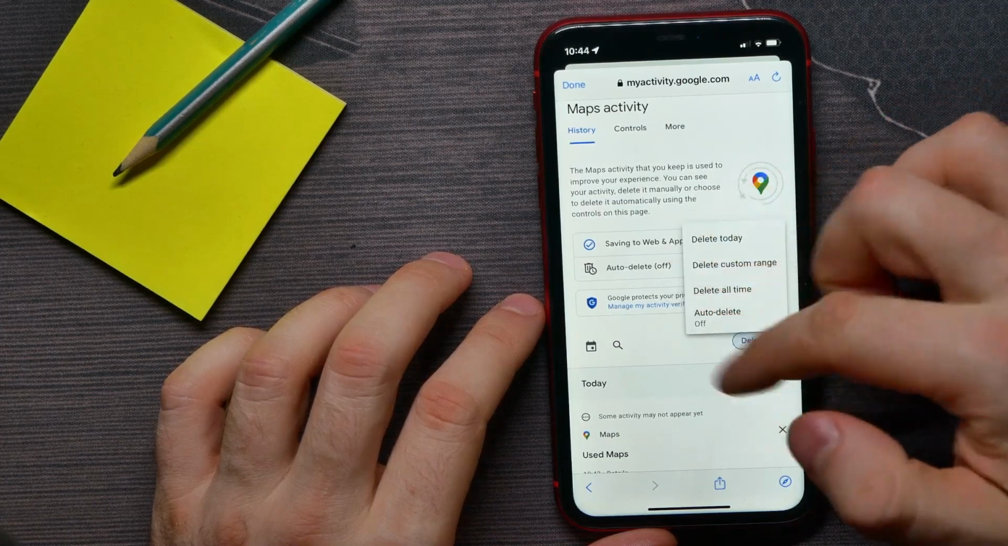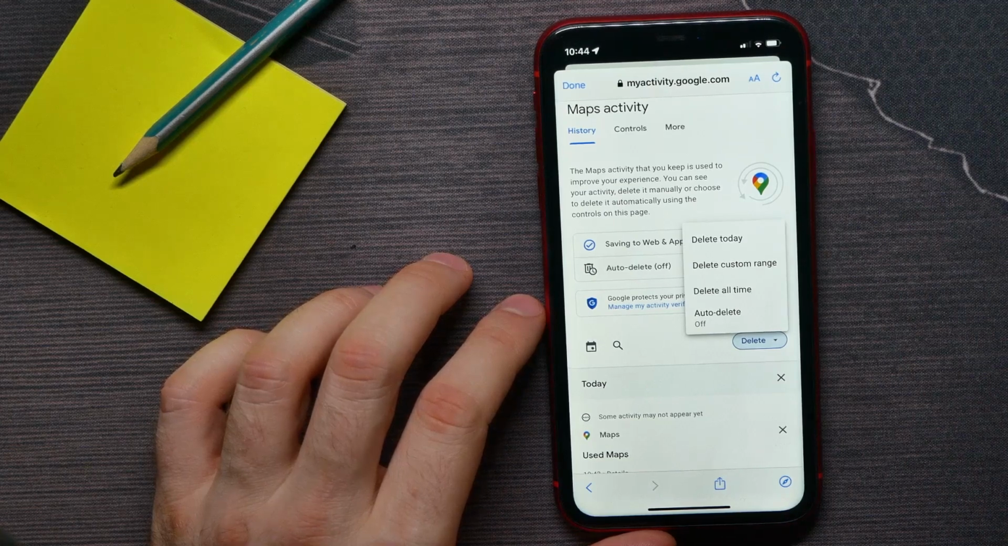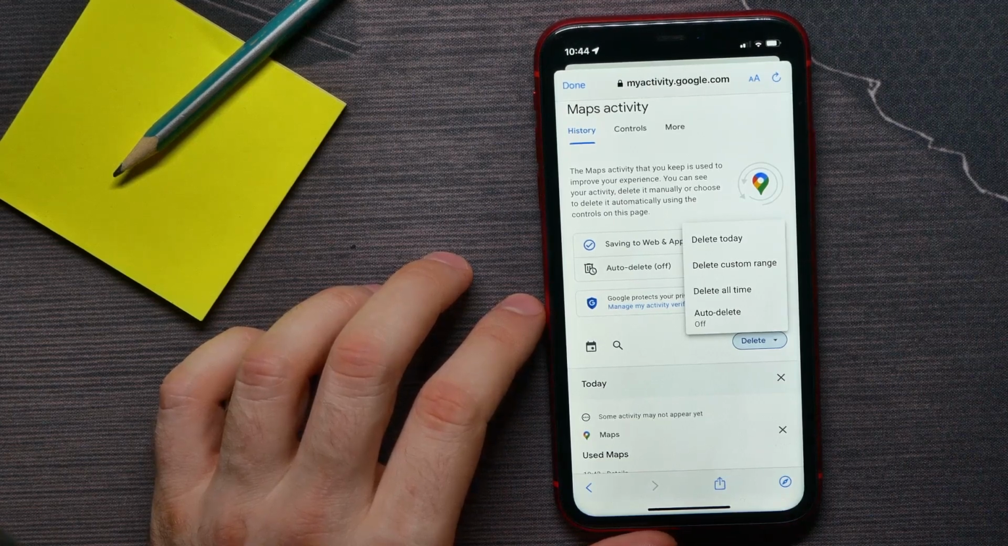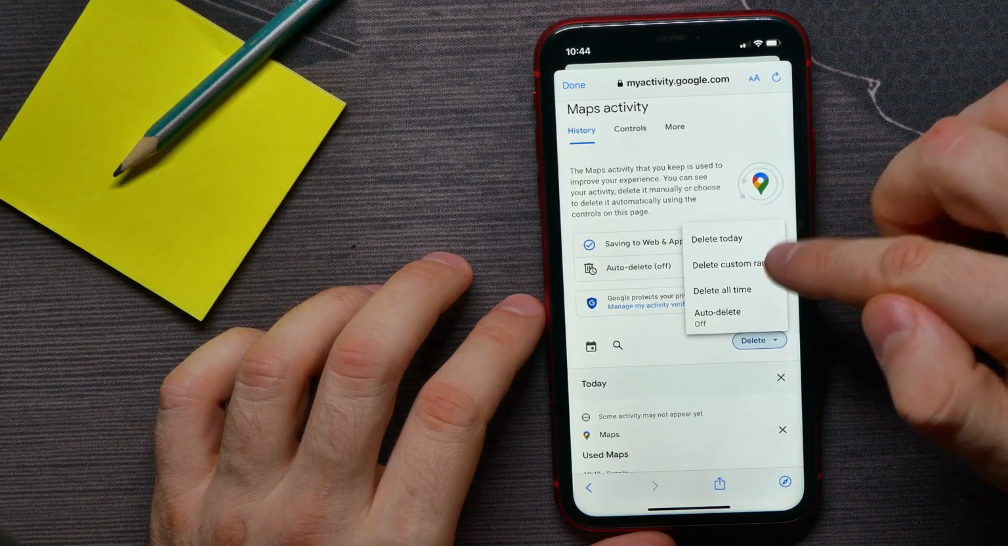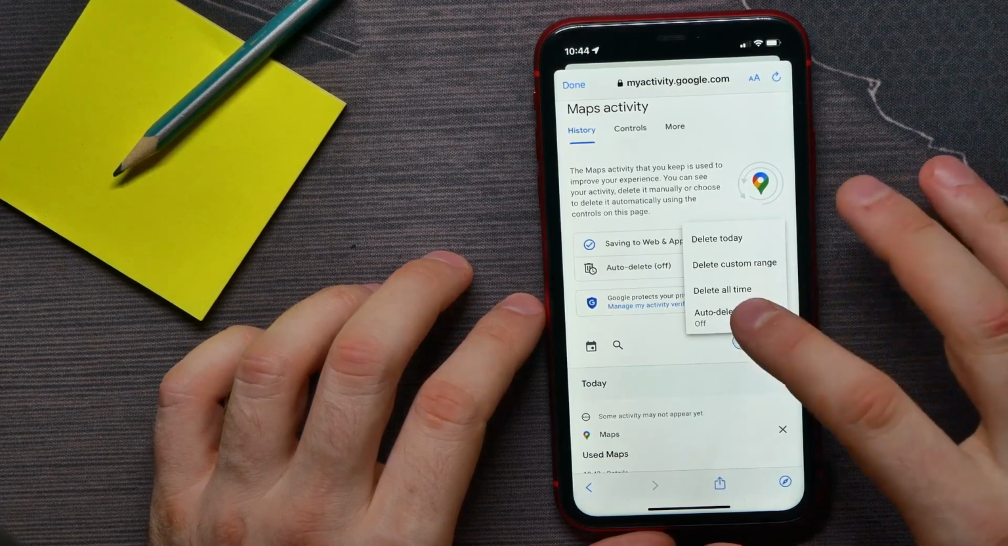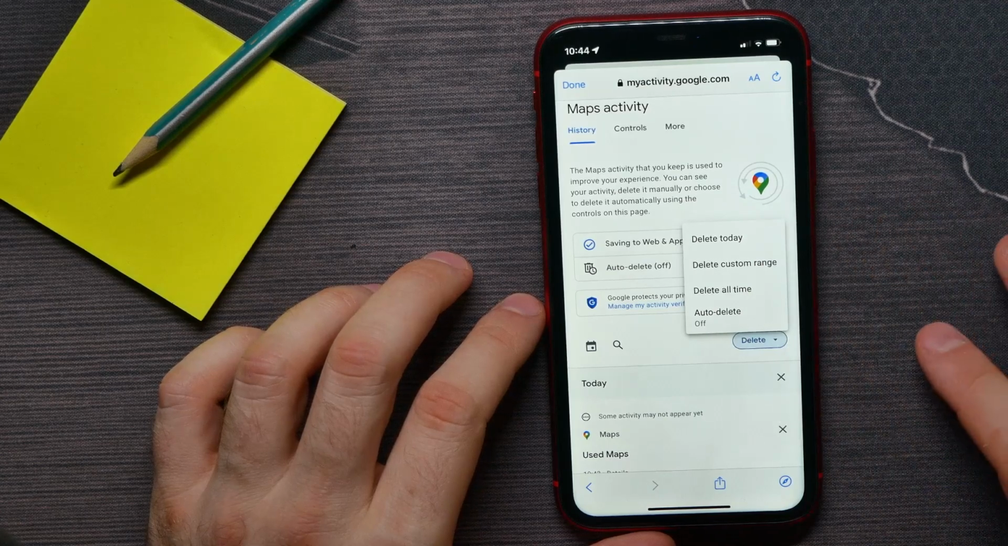drop-down menu comes up, and here you can select the period of time for the history that you want to delete. You can delete history for today, delete for all time. You can also select a custom range, or from here you can hit Auto-delete and set up the auto-deletion